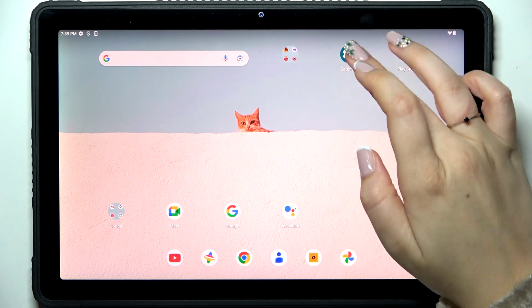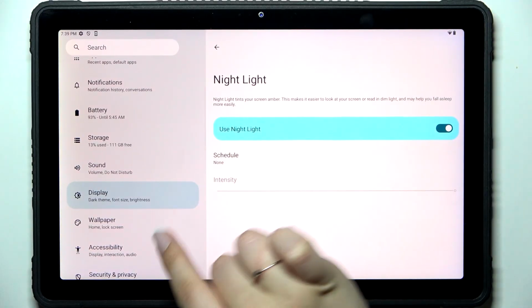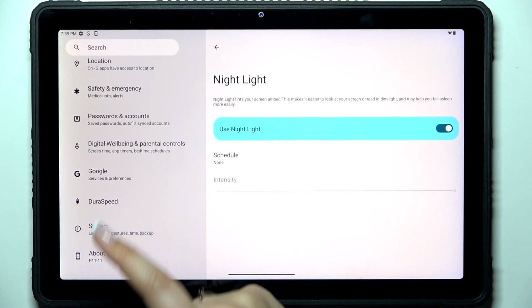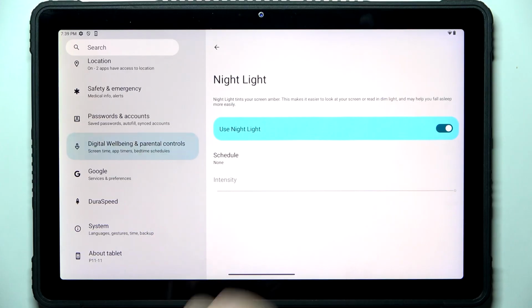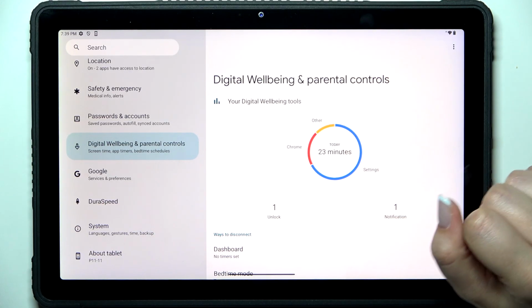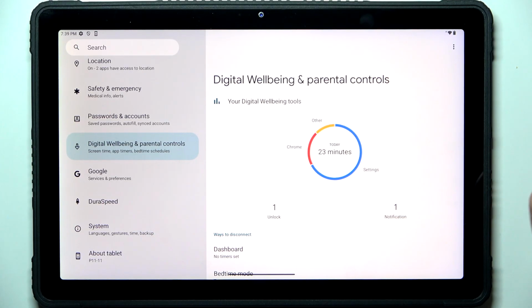So let's start with opening the settings, and here in this left section we have to scroll down to the very bottom to find digital well-being and parental controls. Let's tap. So here we've got the graph which will show us for how long we've been using this device